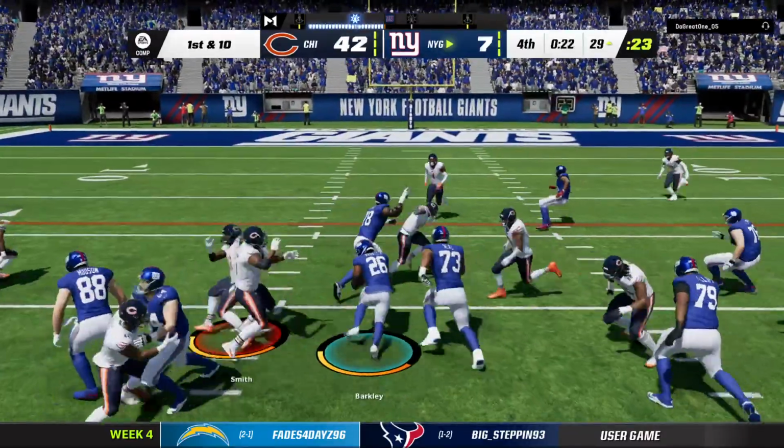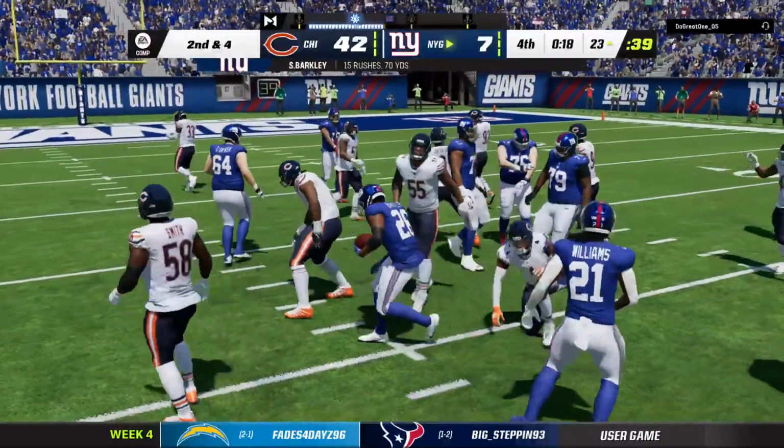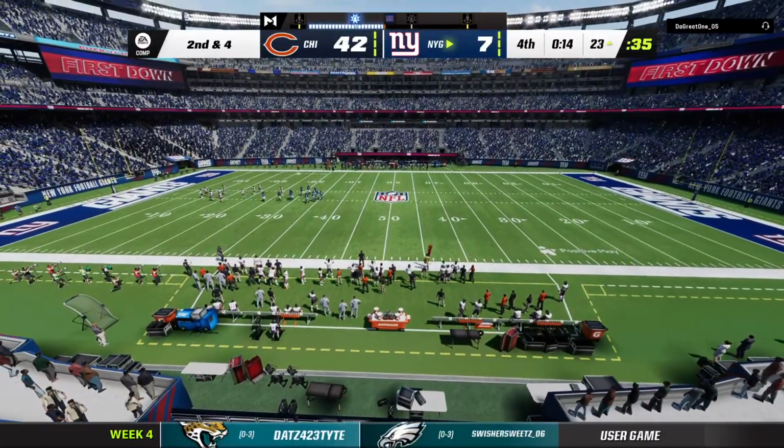Again, it's Barkley. It's a 6-yard pickup, and it gets him to 2nd and 4. That play wasn't quite as big as the play that preceded it, but still, got to like the way they're moving the football, partner. Absolutely. Pretty good